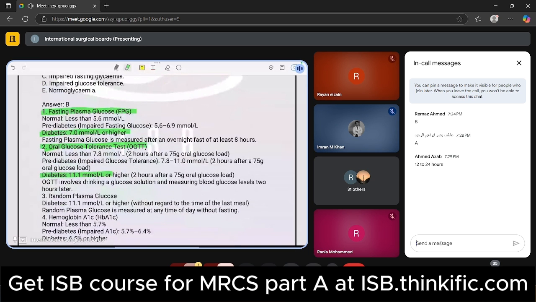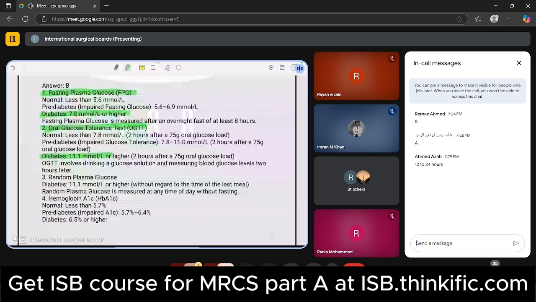And HbA1c 6.5% or higher. In an elective surgery, if you have a diabetic patient preoperatively, suppose it's an elective procedure, for example repair of an elective abdominal aortic aneurysm,